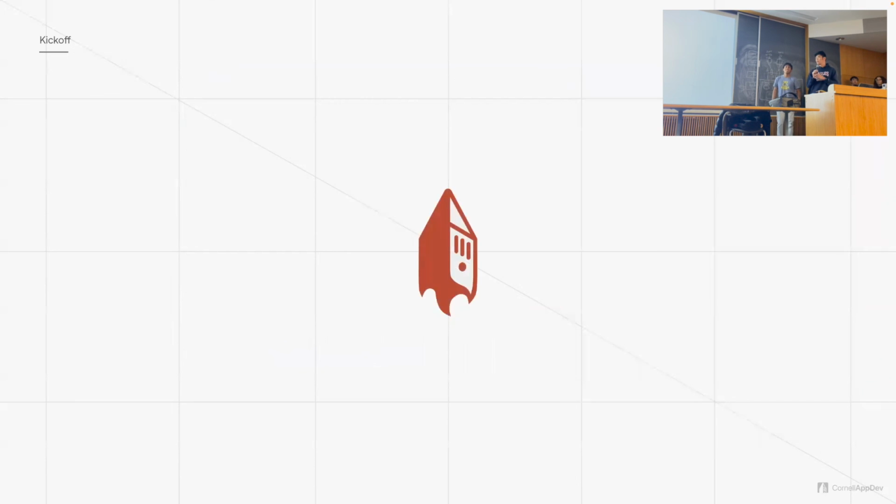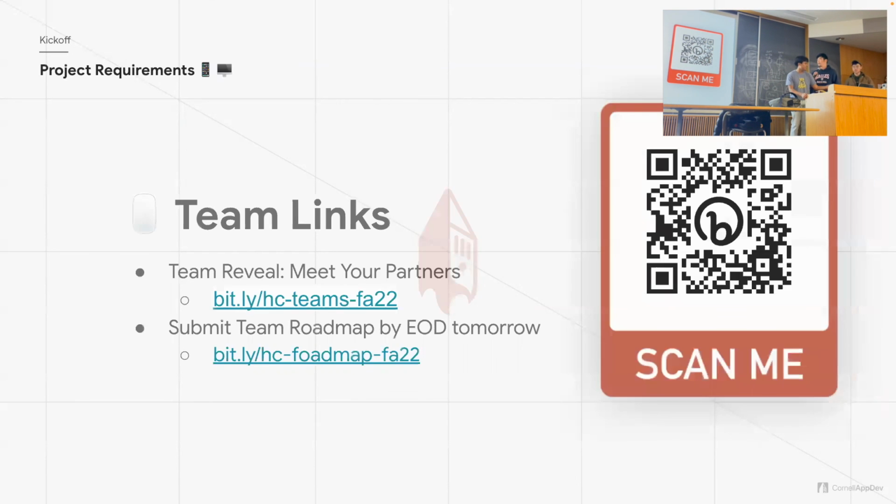So maybe we can organize the meeting of teams like we did last semester. How many groups are there? Like 20? Actually, there are like 29? Okay. How about we get groups 1 through 5 in this corner, if you're here. And then we can get 6 through